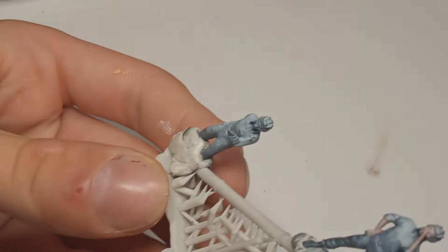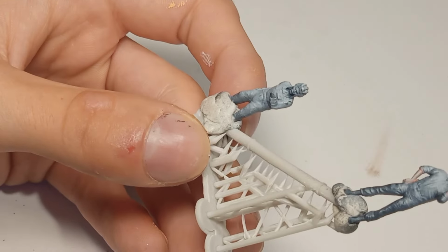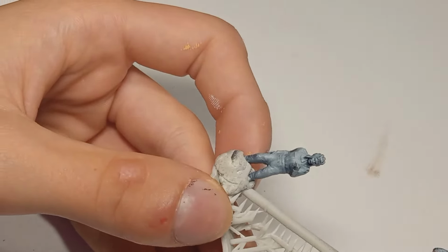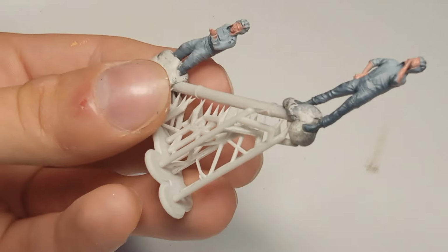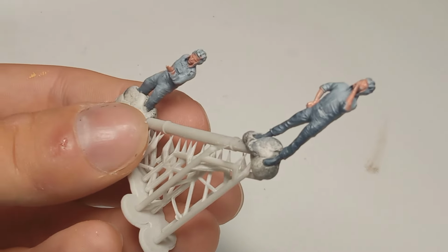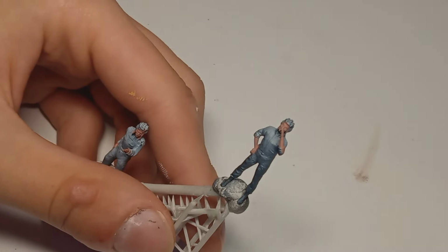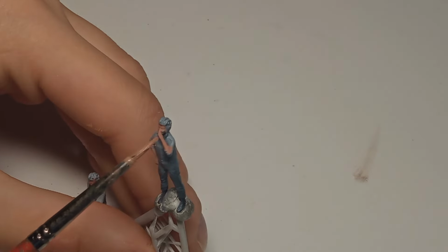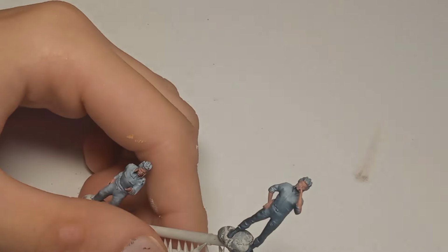I first start by painting the skin tones. I don't use a particular skin color, I just mixed up one myself, and I just dilute it enough to be watery, but I unload it onto my finger or a napkin, so it's not actually a blob of water, it's just a very translucent paint on my brush. And I started layering it onto the